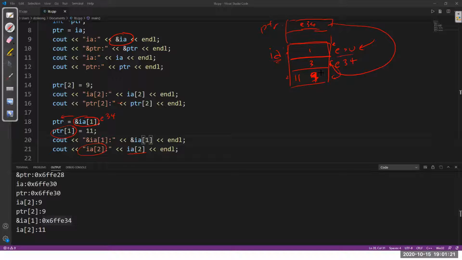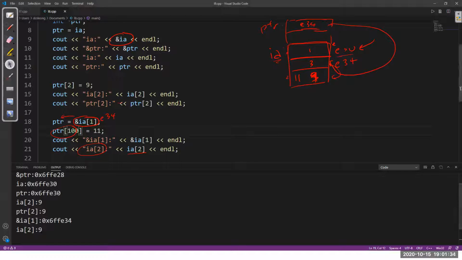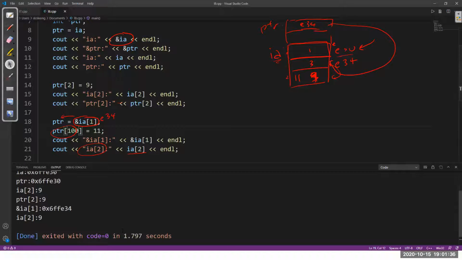So this is how pointers jump back and forth. Technically, I can ask the pointer to jump 100. So I can always say pointer[100] equals 11. Okay, nothing will stop me. I can easily do this. So this works well, even though pointer[100] is, I don't know where it is, somewhere here. We might touch other parts of memory, might touch other functions. I don't know, but it's allowed in C.